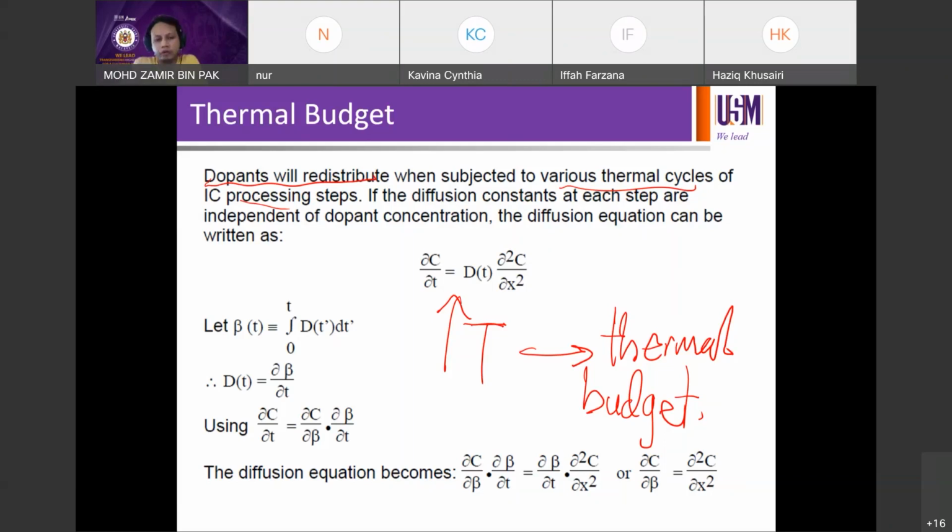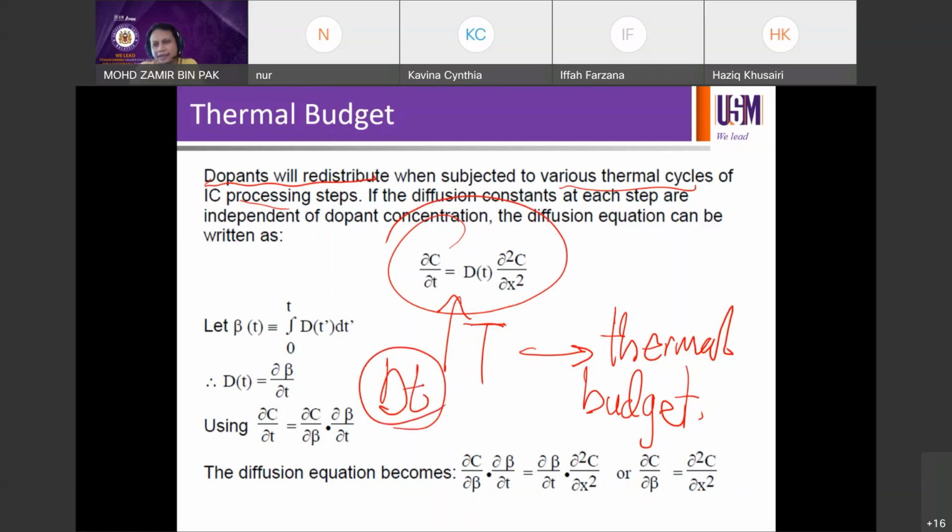Okay, so if you talk about doping, then your dopant will potentially be redistributed when subjected to various thermal cycles. Next process high temperature again, next process high temperature again, so you end up changing partially or to some extent your dopant profile, right? So if the diffusion constant at each step is independent of dopant concentration, the diffusion equation can be written as this. Okay, so you are actually imposing a new DT